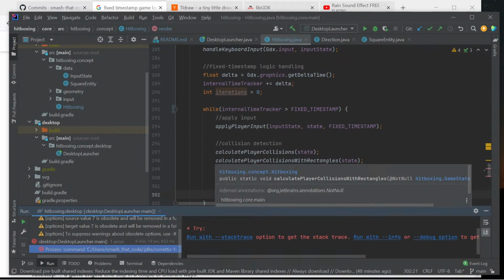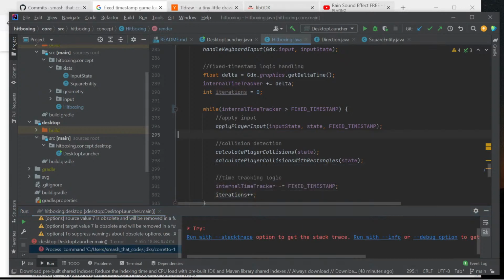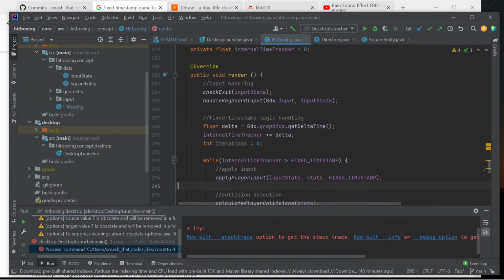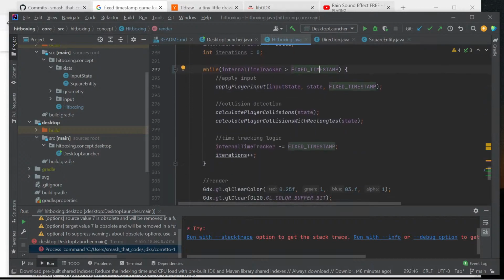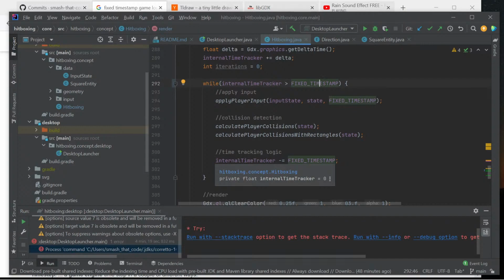So as I said, we have this render and we have these fixed timestamps. The idea was like this: if you imagine that your computer always finds enough time in this second to make 1/60th of calculate,